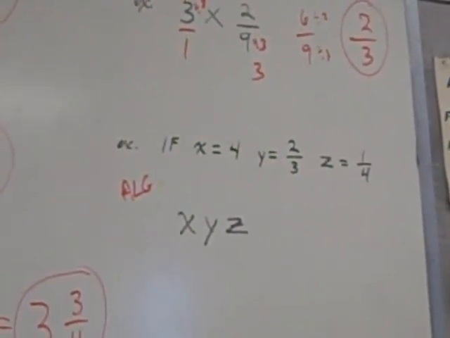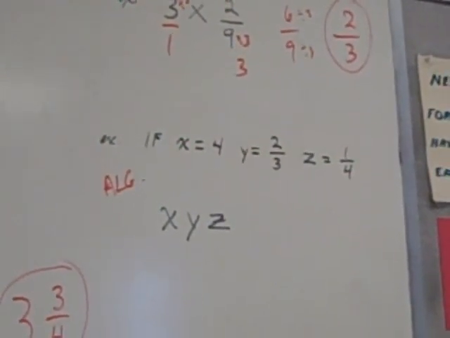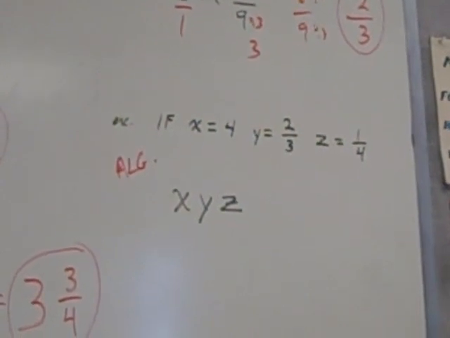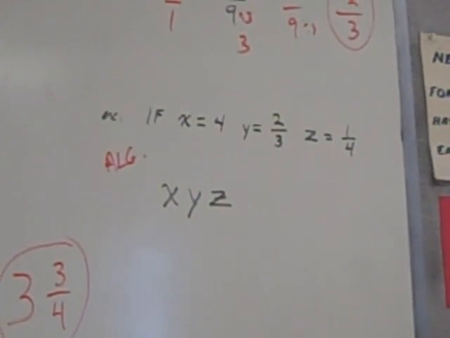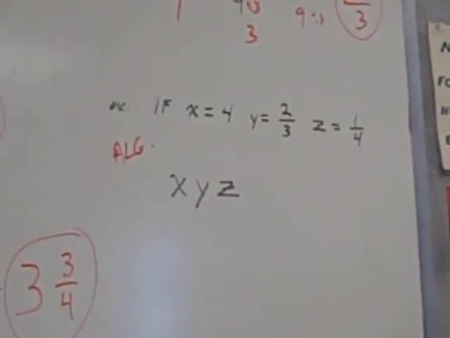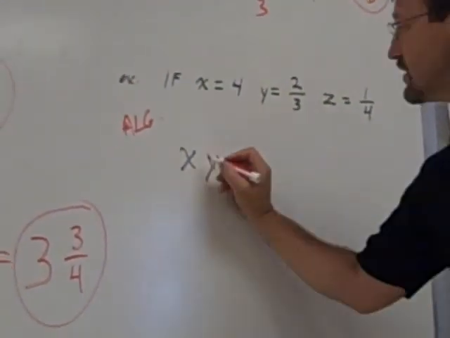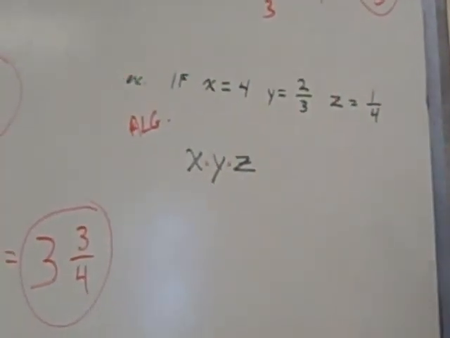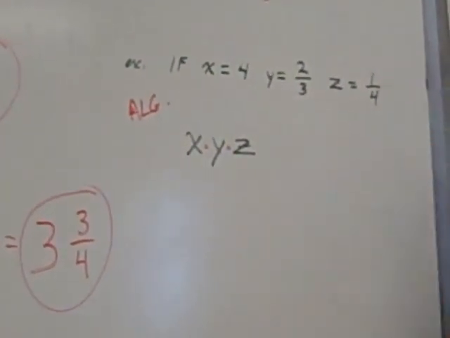Okay, tell us. X equals 4, and Y equals 2 thirds, and Z equals 1/4. Okay. Now, what's that other thing? It says that it's multiplying all 3. How do you know that? Because they're all slammed together. If they're all slammed together, that's always meant multiplying. So technically, this is X times Y times Z. 3 things are getting multiplied. Is that okay? Yeah. All right,